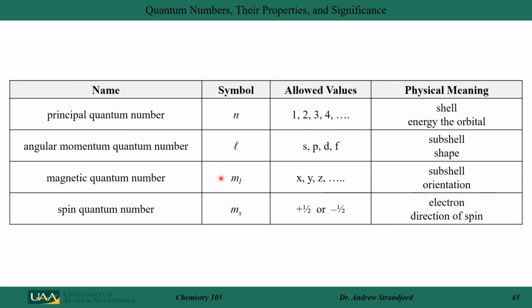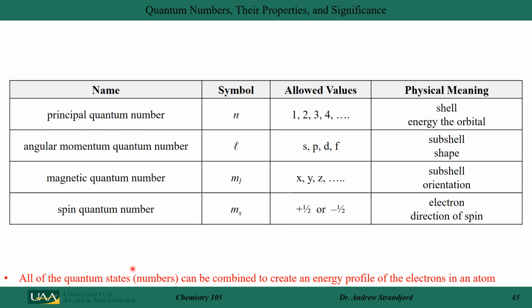The magnetic quantum number, represented by m sub L, tells me the orientation. For the p orbitals, it's x, y, or z. For the d and f, it's a little more complicated, but that relates to the subshell orientation. And finally, my fourth quantum number, m sub s, tells us about the electron spin direction in a magnetic field. It can either be plus 1/2 or minus 1/2. All these quantum numbers can be combined to create a complete energy profile for the electrons orbiting an atom. And that's what we're going to look at